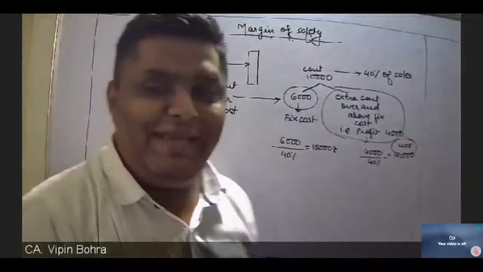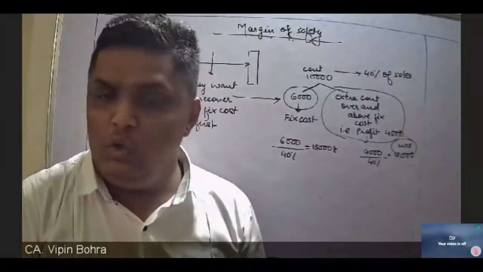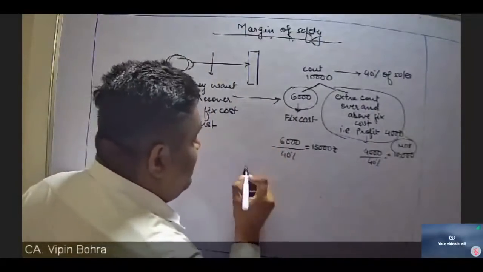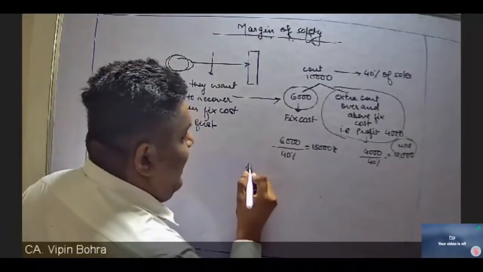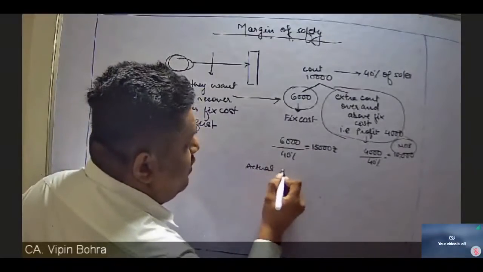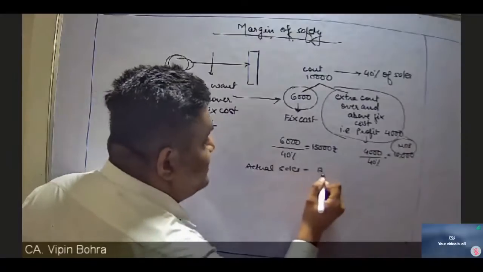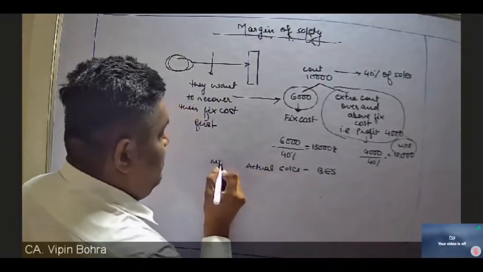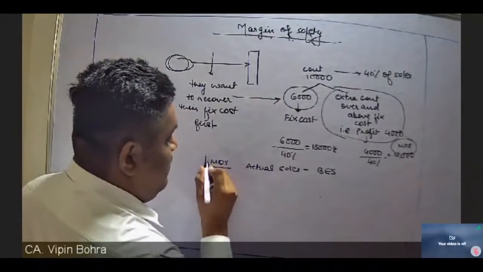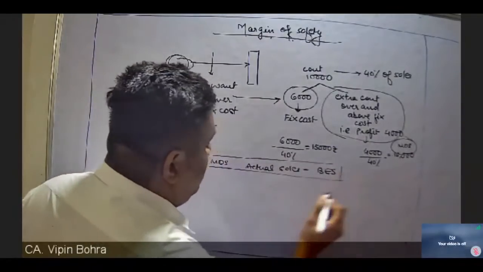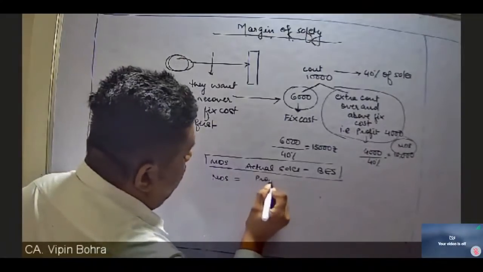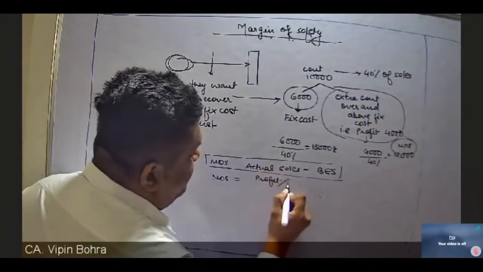So we can calculate margin of safety in two ways. First way is actual sales minus break-even sales, that is margin of safety. Second way, we can calculate margin of safety as profit divided by